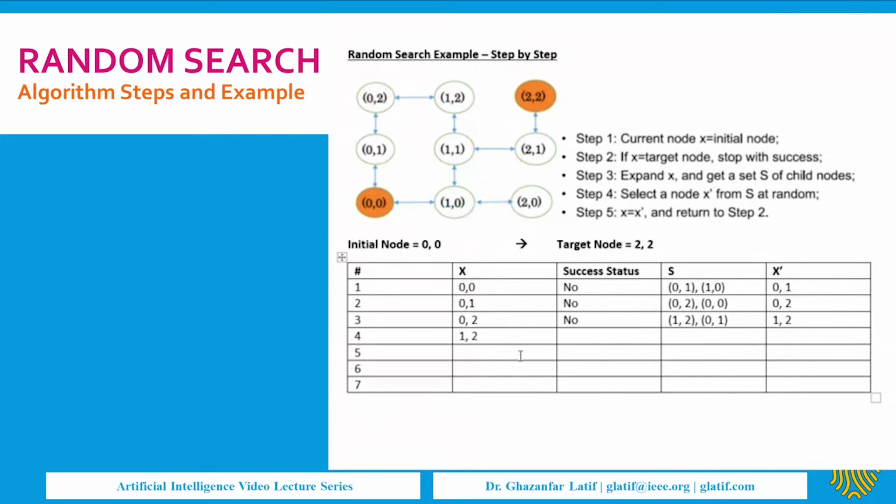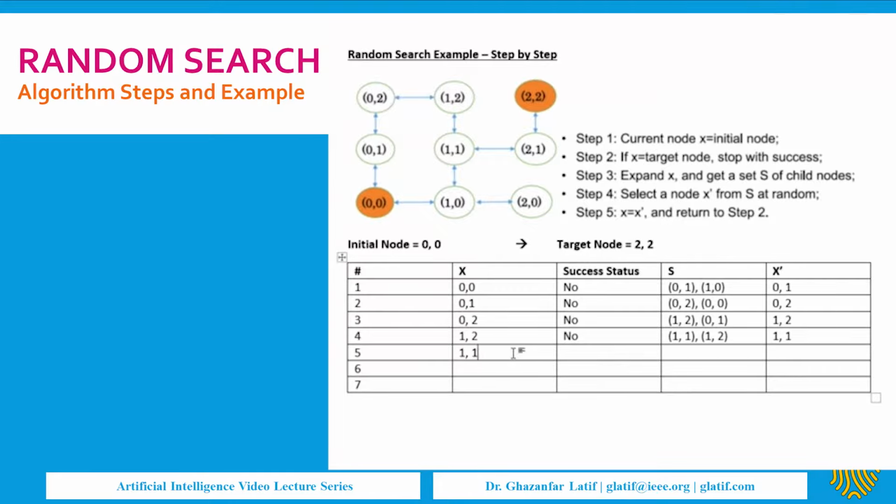So I will add it over here. Is 1 comma 2 the destination node? No. So I will again write down no, and I will try to find out the child nodes of 1 comma 2, which are 0 2 and 1 1. So I will write down the child nodes 1 comma 1 and 0 comma 2. Again, select a random node from S as x prime. Let's suppose I got 1 1. There is a chance I'm not going to 1 2 or 0 1. We can go to those also, but in the first example I just want to show you the straightforward solution of this algorithm, which will lead to the success. So I got 1 1 as x prime.